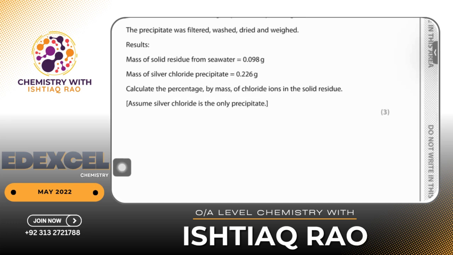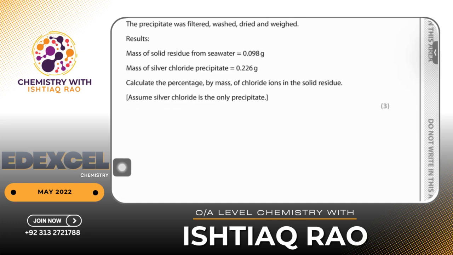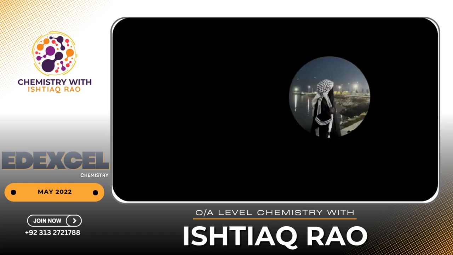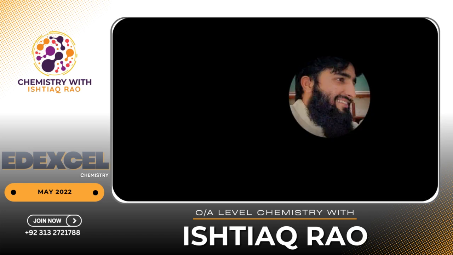So how can we find out the mole first? Mole of chloride would be equal to the mass of AgCl, the precipitate, over